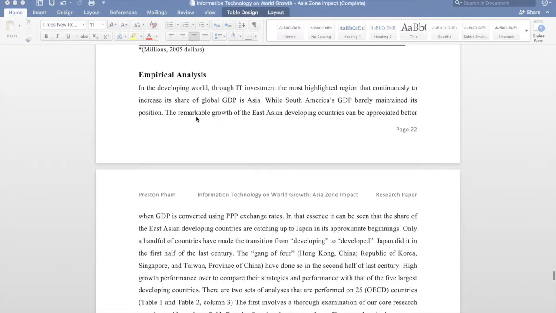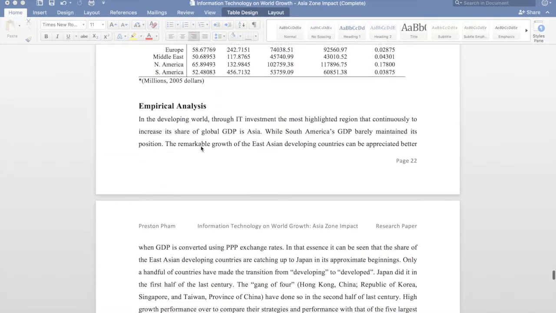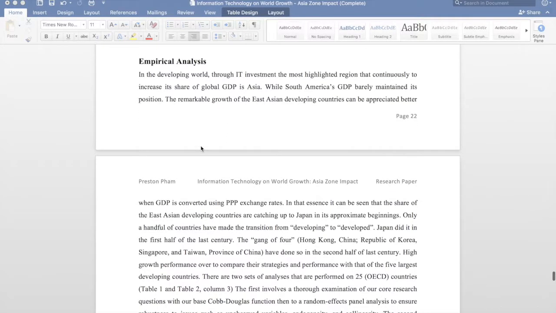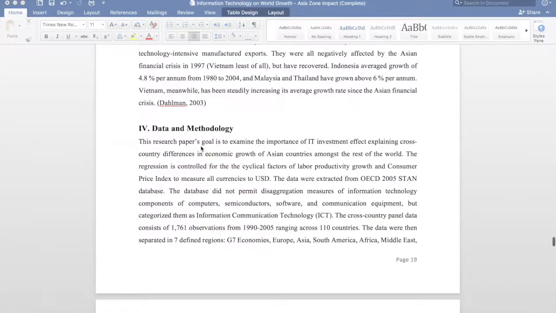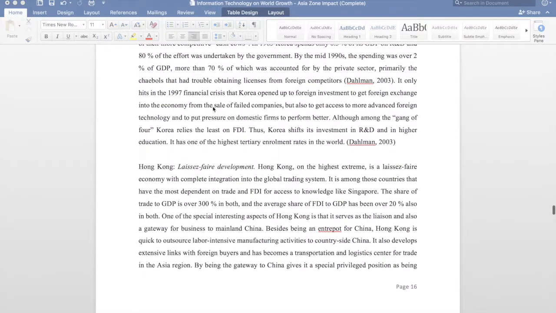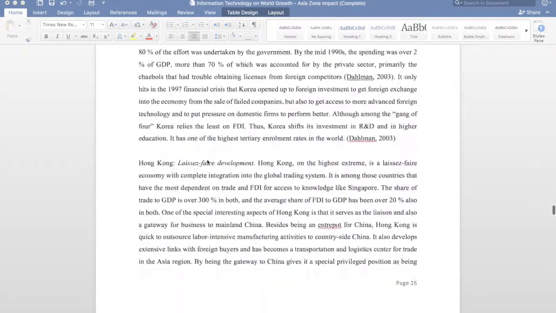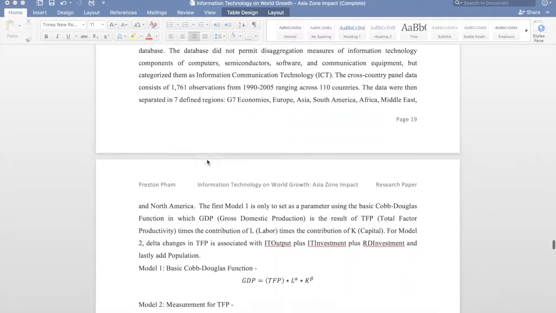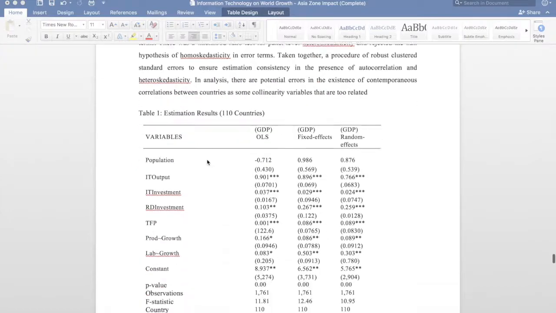And so down here in the empirical analysis, I talk about my analysis of the results from above, and do a comparison with, or support, my conceptualized theory of the Asian developing countries that I covered up here, about these Gang of Four developing countries in Asia, accounting for the time stage of 2005.